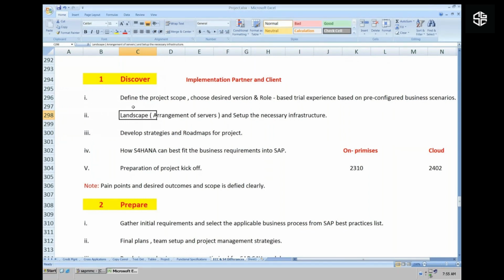This setup will be initially discussed by the implementation partner and client. And setting up the necessary infrastructure means where to set up a server, VPN connectivity, and the list of consultants required. Those they list out from the implementation partners: how many consultants are required to fulfill their business operations. Similarly, on the client side they also have core users. They will arrange the necessary landscape and infrastructure